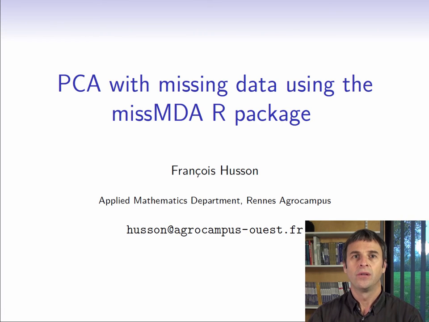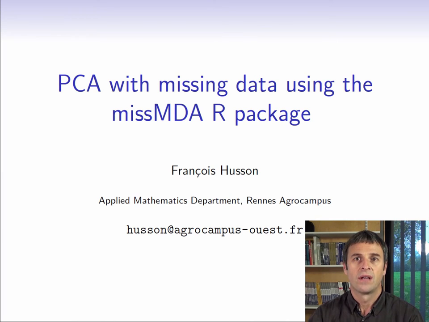In this video, we're going to look at how to do PCA on an incomplete dataset, that is, one with missing data. This is a very common situation in practice, and there are, unfortunately, many reasons why data can be missing, such as people refusing to answer certain survey questions, machines that break down, misplaced data, etc., etc.